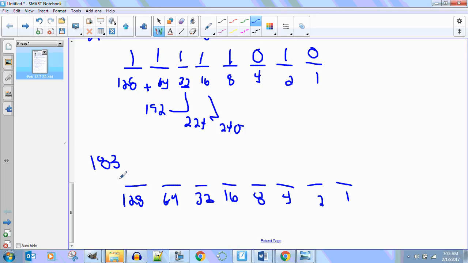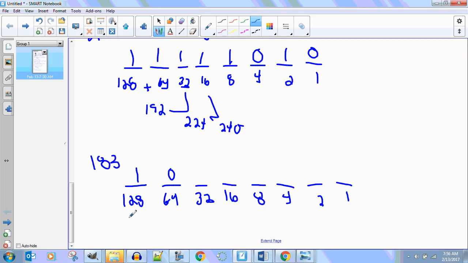Can I use the 128 to add in here? Yes. You always start with the biggest number. If you start with the smallest number and go back, you're going to get it wrong, because there could be different combinations of it that way. You with me? You always start with the biggest number. So I've got 128. Can I add in 64? No. Because 64 and 128 is 192, you went over. Are you with me on that? Everybody understanding this so far?